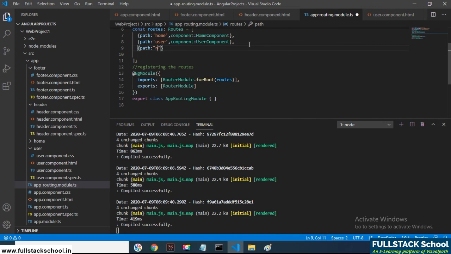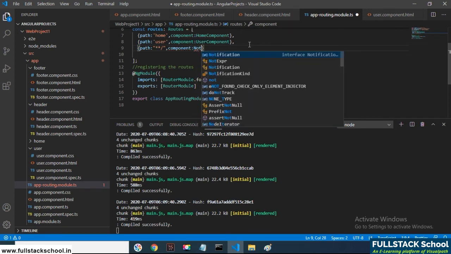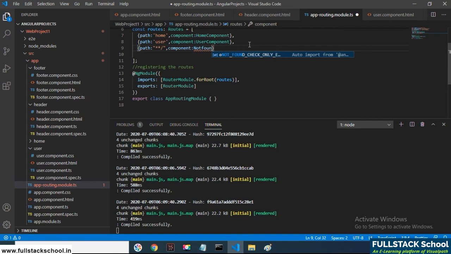Sorry, we specify ** as the path. If you specify anything, I need to go to the particular component. Apart from home and user, if you specify anything, it should automatically go to the not found component.